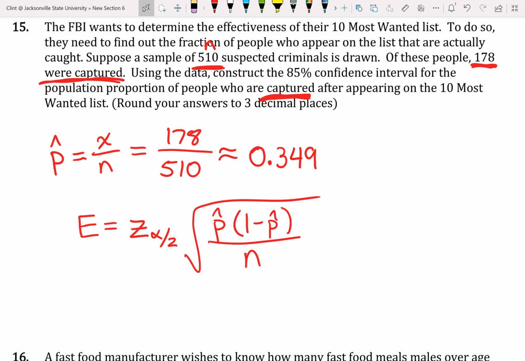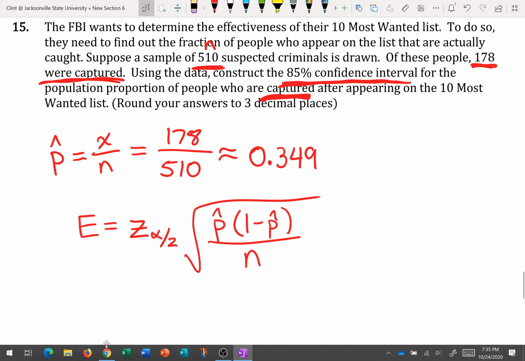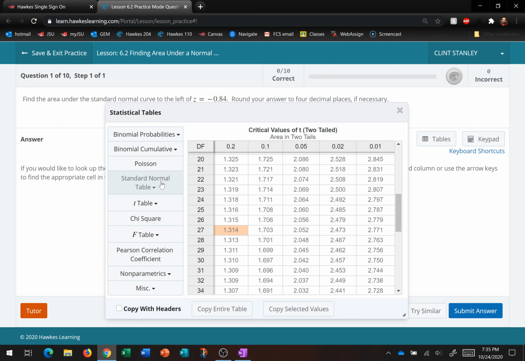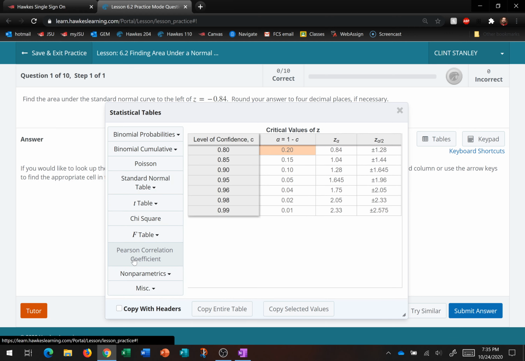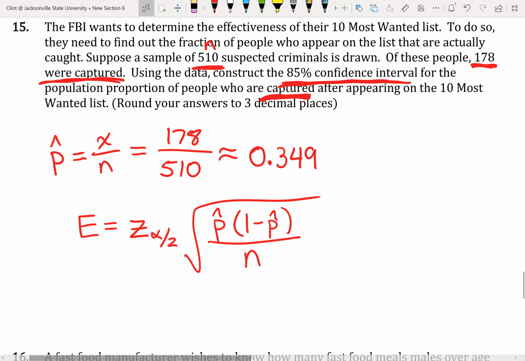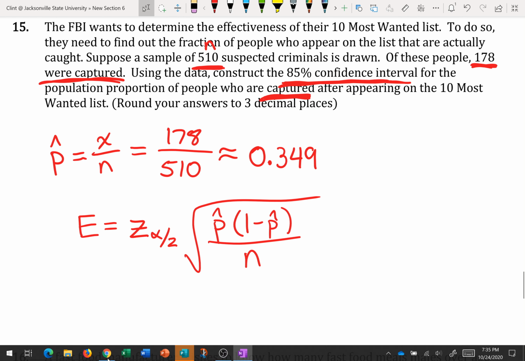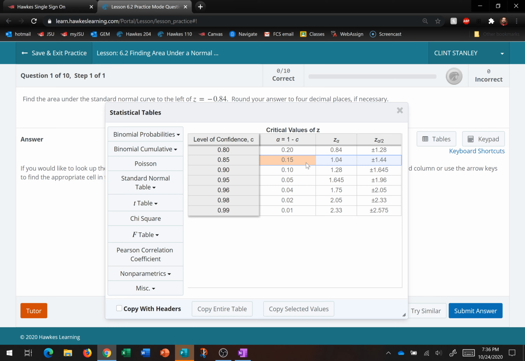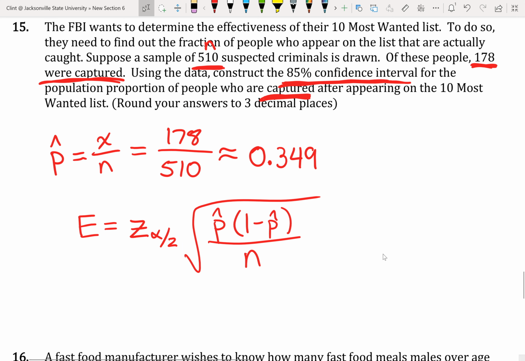Okay, so the way we get our critical value of z is we want 85% confidence. So then we'll go to our critical value of z table. Okay, so standard normal table, critical value of z. And then what was our confidence? It was 85% or 0.85. Okay. So for 85%, our critical value of z is going to be 1.44. Okay. So we'll have 1.44